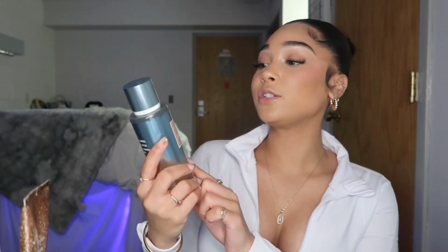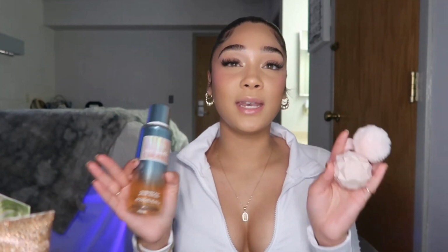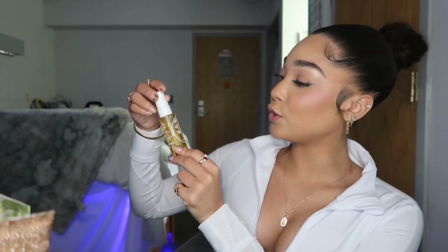With that being said, I like to go in with that matching perfume. I'll just spray that on me first. Since this is limited edition, I obviously do run out and then can't get another one, so I'll either go get something similar in the Bare Vanilla collection or something that has coconut and vanilla scents in it. And then my favorite perfume of all time is the Ariana Grande Sweet Like Candy perfume. Honestly, the combination of a vanilla and a sweet candy type of smell just goes hand in hand together. And then recently I've been spraying the 62 Brazilian Crush spray on just as a little spray